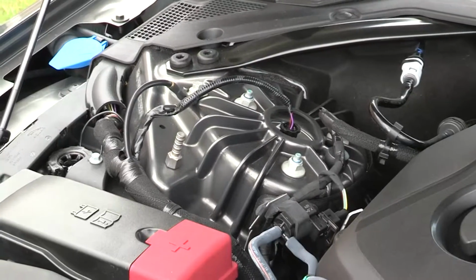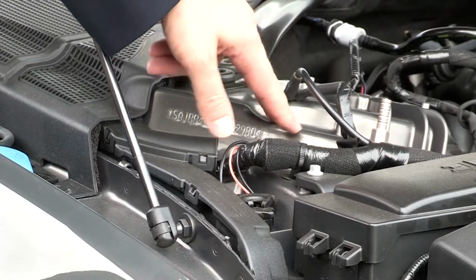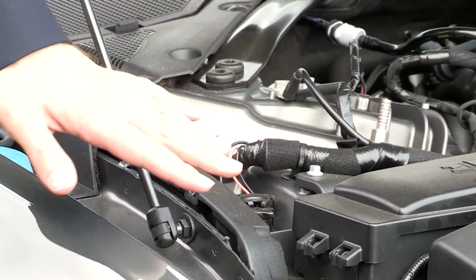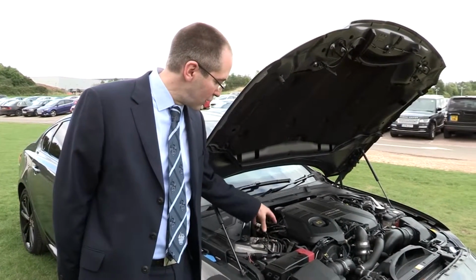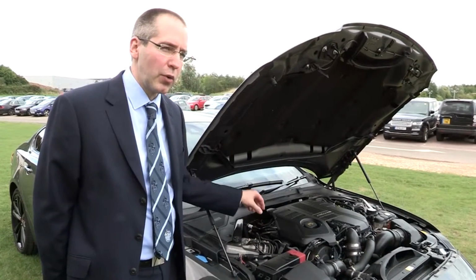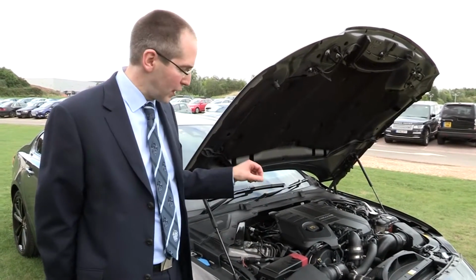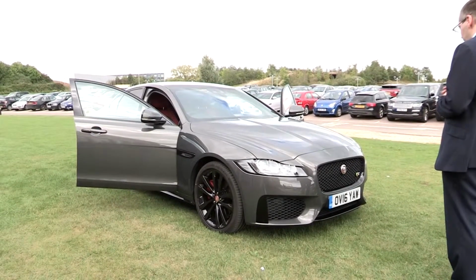Under the bonnet on the vehicle you can see a great application of using aluminium as a casting. You can see it's painted so it looks no different to the rest of the body. This is a critical part of the structure because the suspension links into this part of the vehicle, so we need very high stiffness in the component, but also what the casting allows us to do is integrate a number